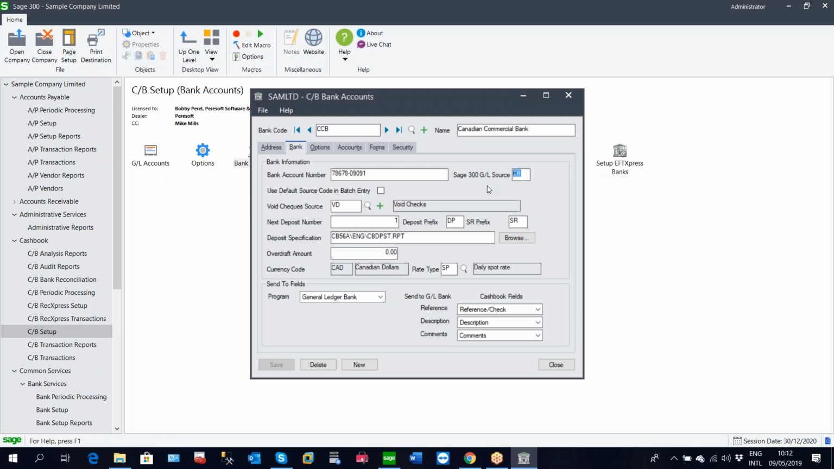So for this particular bank account, if we transfer the entries to GL, it is going to transfer to GL and create those entries with a GL-CB source ledger. Okay, so that is the source ledger for this particular bank account, and that is the source ledger 2-digit identification that it will use for all the Cashbook transactions that come from Cashbook for this particular bank